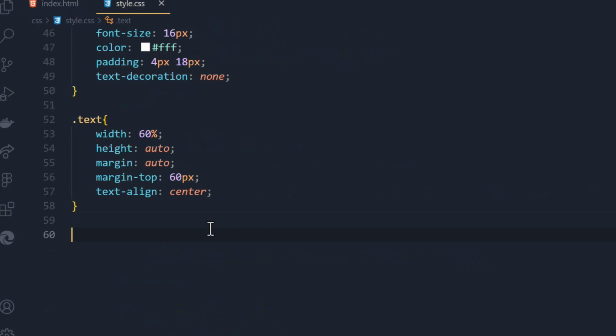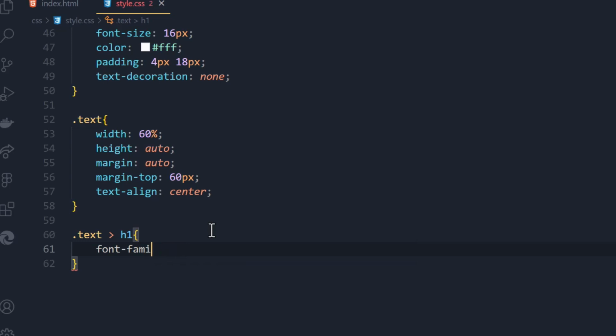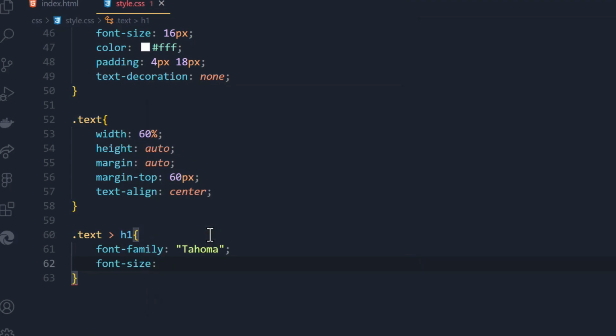We're going to say .text h1. Now we are targeting the H1 that exists inside the text class. So I'm going to say font-family. As you know, I'm going to use my favorite font family. Don't judge me. I'm going to say Tahoma. I'm going to say font-size 62 pixels. Let it be very big. Font-weight